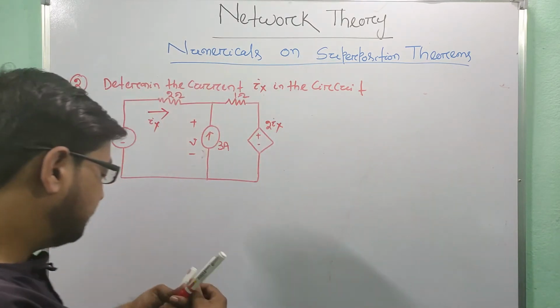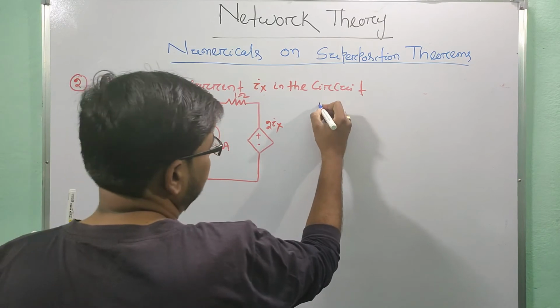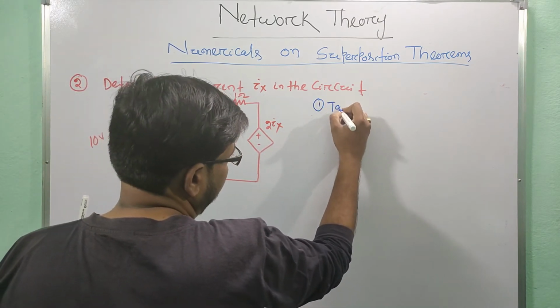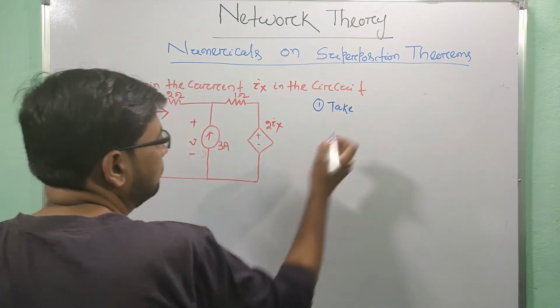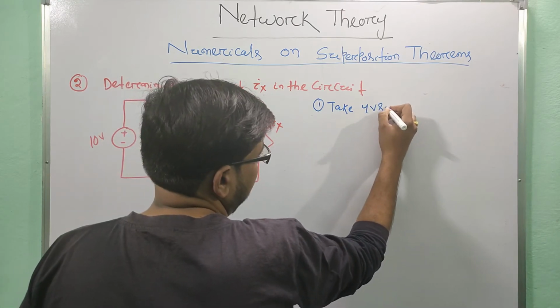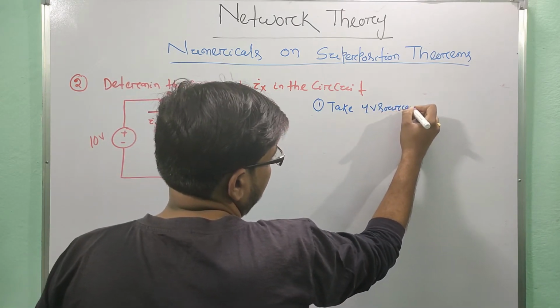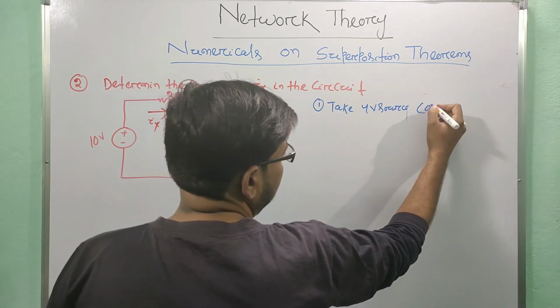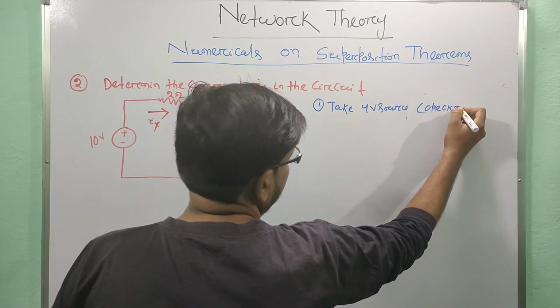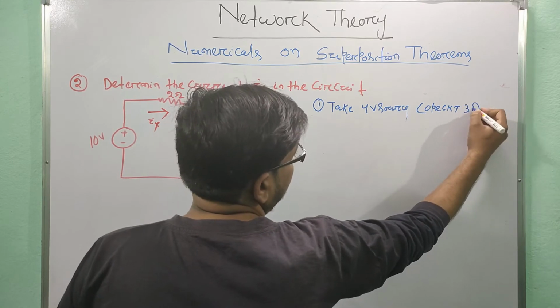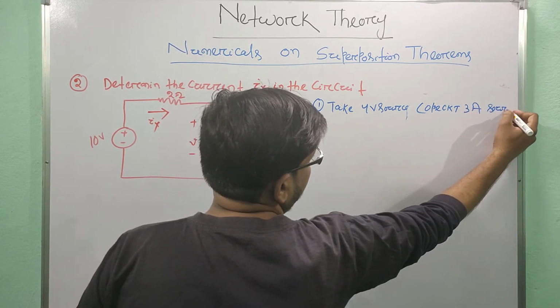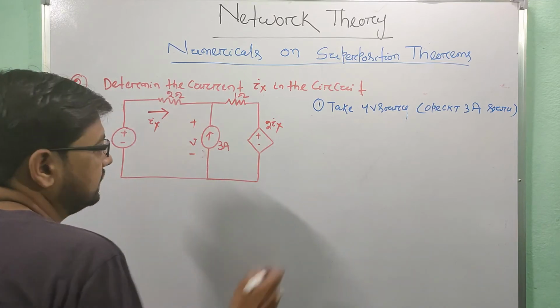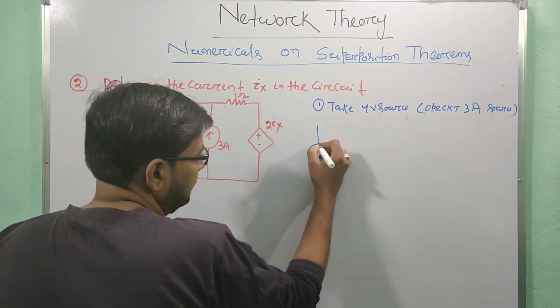So what is my superposition theorem? For point 1, take the 4 volt source. If I take the 4 volt source, then open circuit the 3 ampere source. Then what is my circuit? My circuit becomes